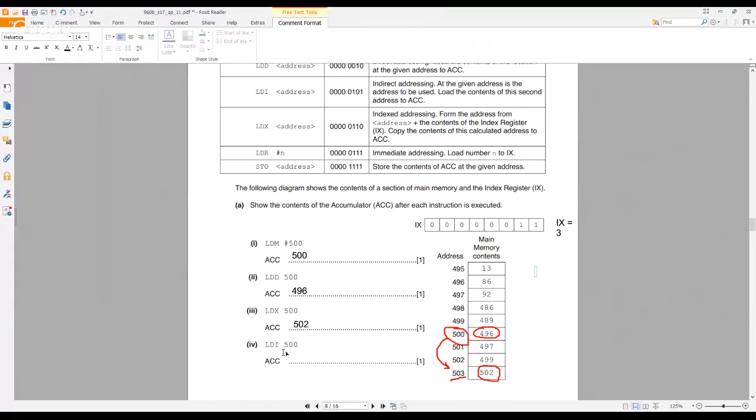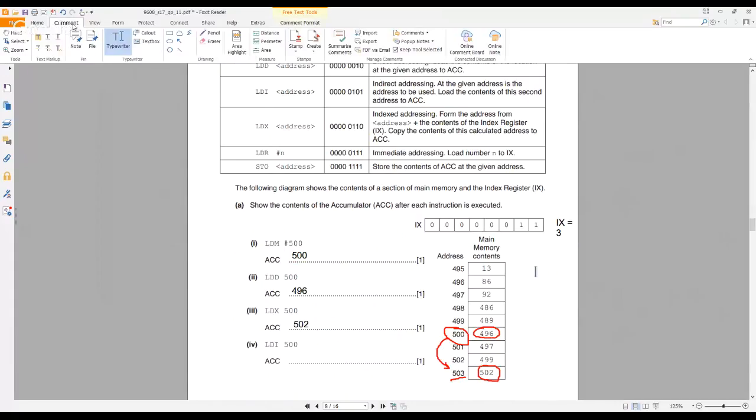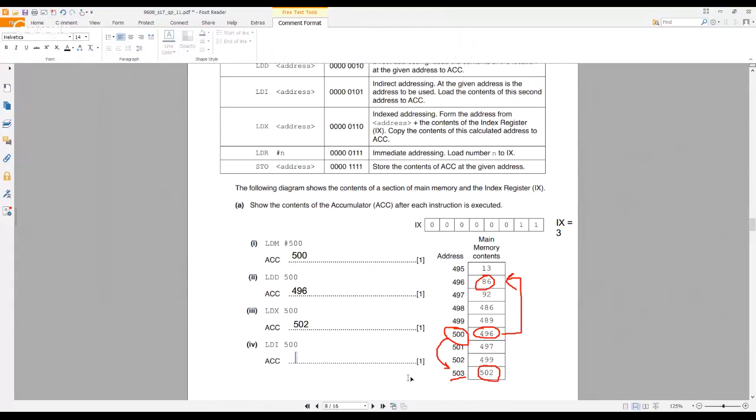So the idea is that you take 500, you look at the value inside 500, but you don't actually take that value. You consider that value, 496, as another address. And so you look up the location in memory, 496.2, that is this one, and then you take 86. And that's why it's called indirect, because you go into memory and then you go to another location in memory. So it's indirect. You don't go directly to the location in memory that you want, but you